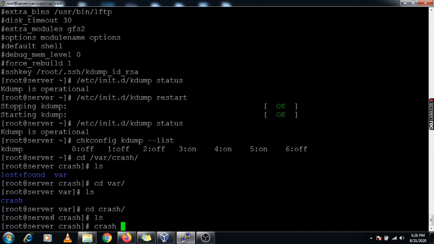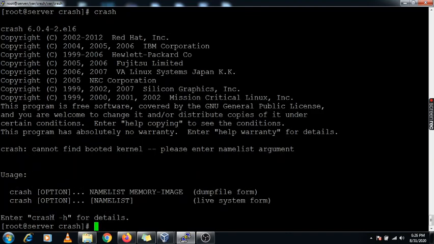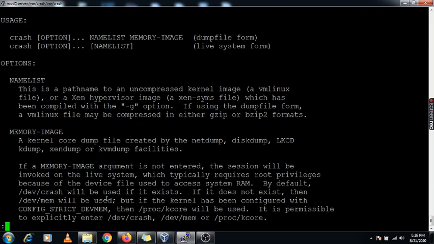There are some commands I am using, that is crash. Here we need to mention the crash version, which it uses by default, and there are multiple options you can use. Using crash -h, you will get the information on what parameters you can use.